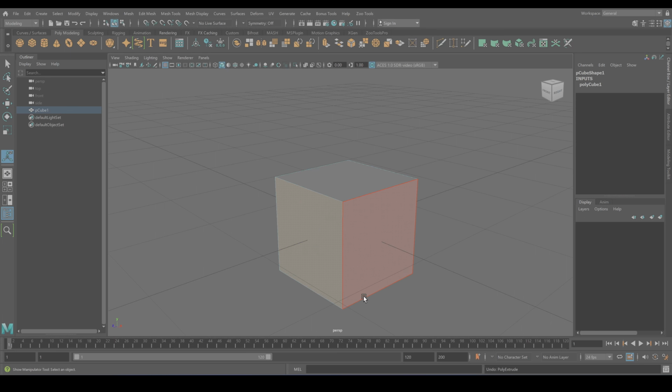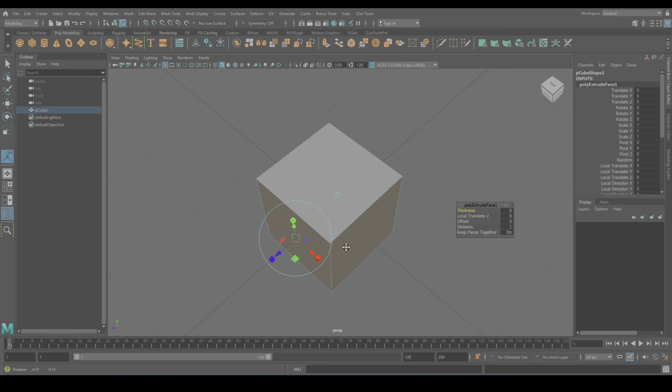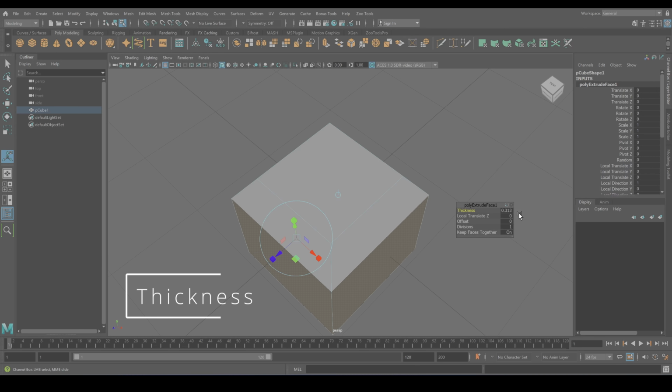But now let me select two faces that are right next to each other and keep an eye on what happens near the shared edge. Thickness controls how much the face is extruded. When I use thickness, notice that both faces extrude uniformly, maintaining a consistent distance from their original position.